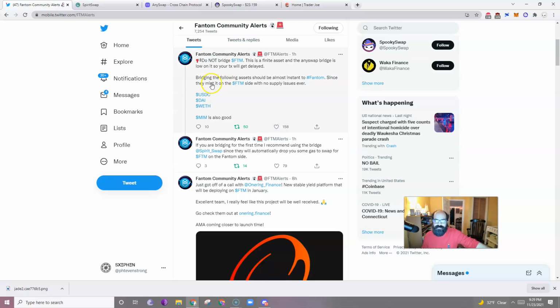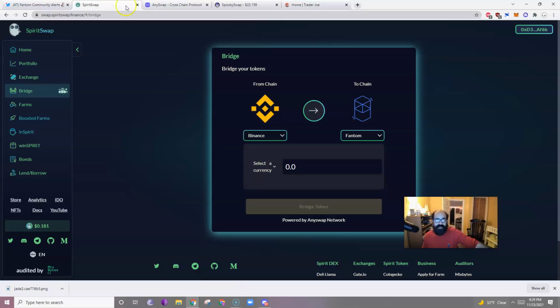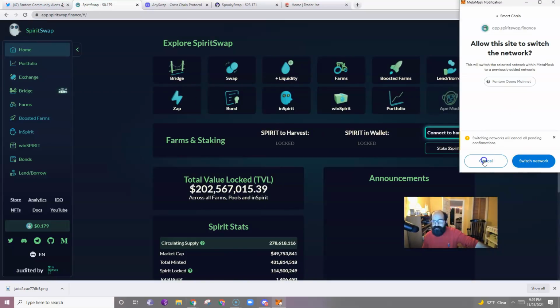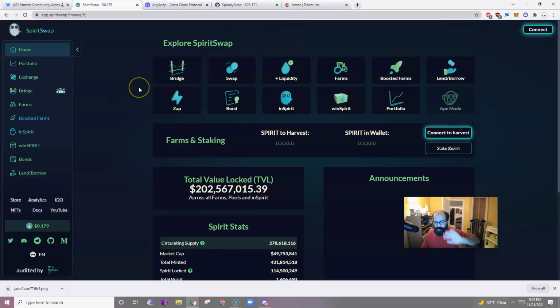Let's look at how to do this, right? So jump over to SpiritSwap. I'll go back to the home so that you can see what you'll land on. You'll land here, and you'll see this bridge. You'll see this little new sign saying this is kind of a new feature. SpiritSwap is pretty cool. We can look at some of the other features in a bit, but looking at the bridge now,